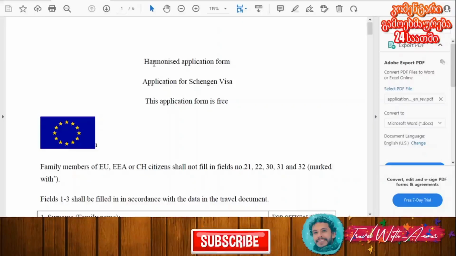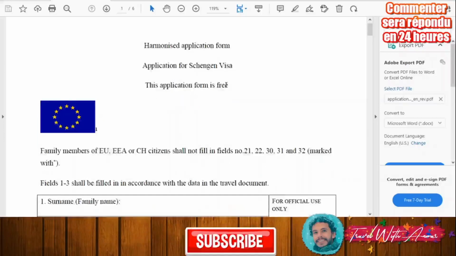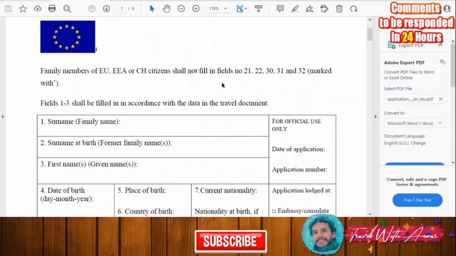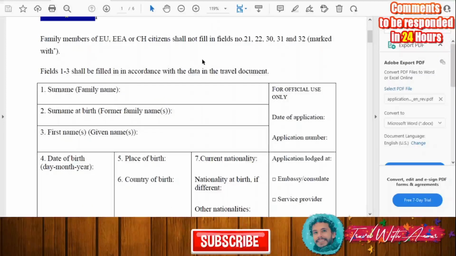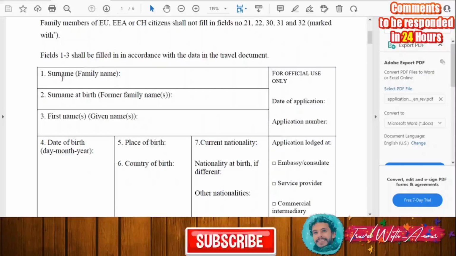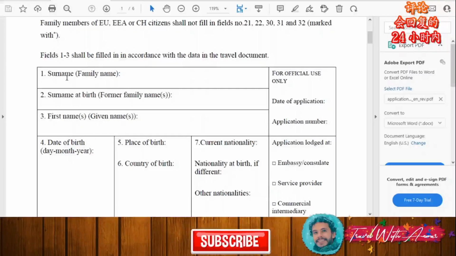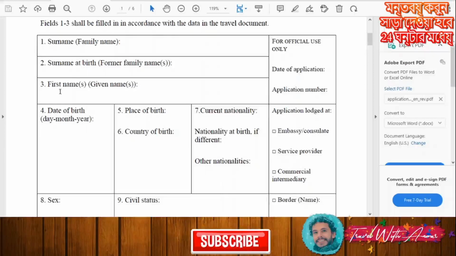If we look together, this is the general application form for a Schengen visa. Let's check this form together. You will first have to print it and start filling it in manually. Here in this part you'll have to write your surname, and here you'll write your surname at birth,